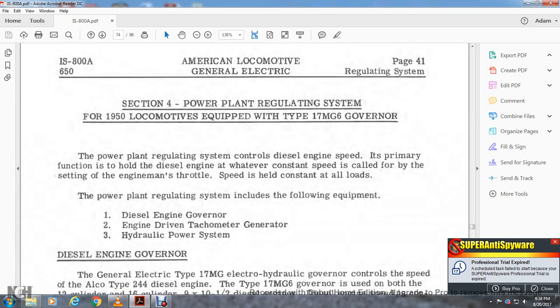Alright, Instructional School 800A, American Locomotive General Electric, page 3041, Regulating System. Section 4. Section 4, Power Plant Regulating System for the 1950 locomotives equipped with the Type 17 MG governed the power plant